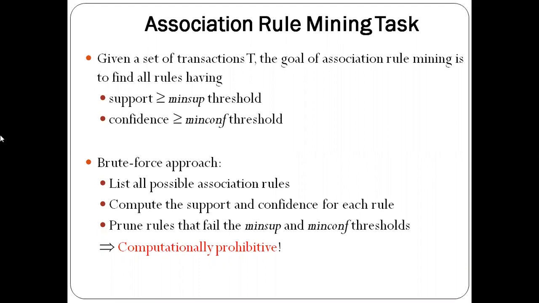But whenever we try to list all the association rules, compute the support and confidence for each of the rules, and then apply these conditions, the problem becomes very lengthy. Even if some of the rules don't satisfy the support, we still need to calculate the confidence value. For the calculation of frequent item sets, only the support count is required. Calculating the support alone is sufficient to decide whether it is a frequent item set or not.